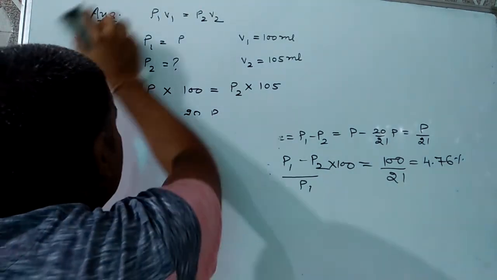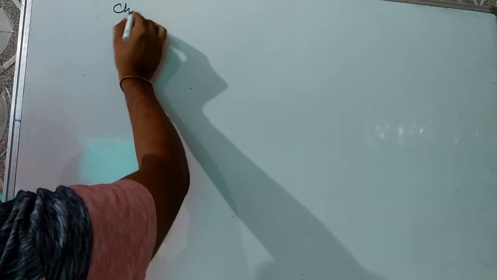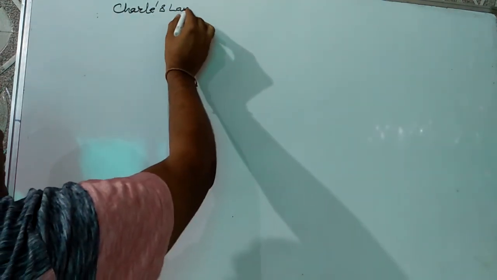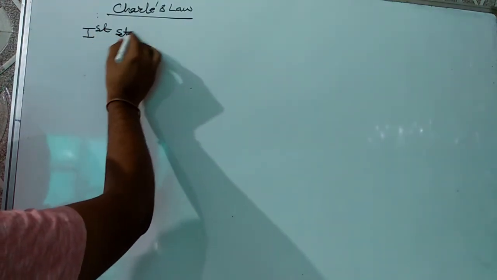Now we have to discuss about the second gaseous law, and the second law is known as Charles law. It is also very important one, and this Charles law can be stated in 2 ways. The first way, or first statement of Charles law is that